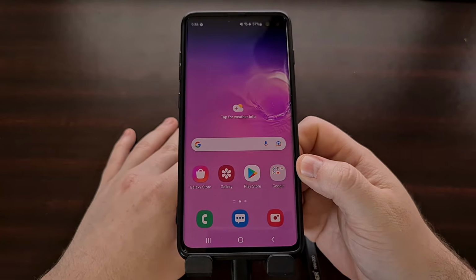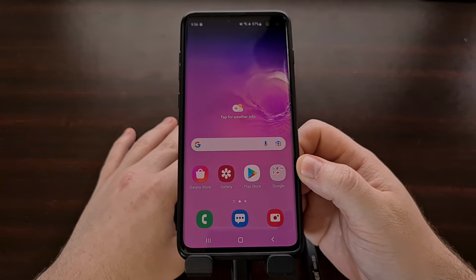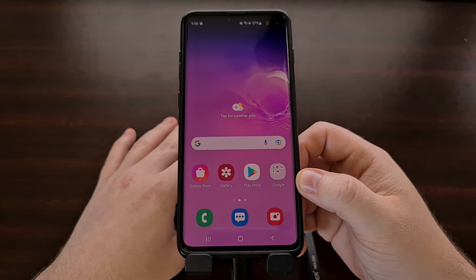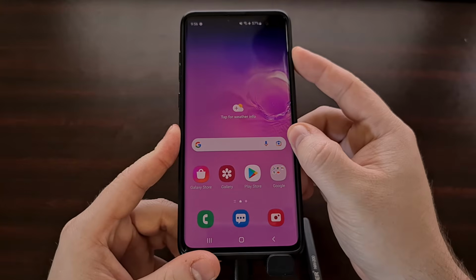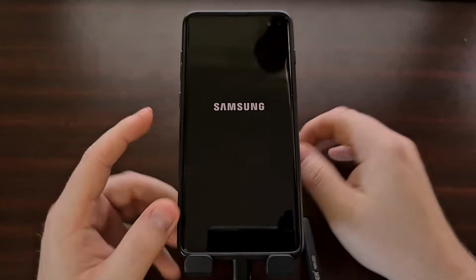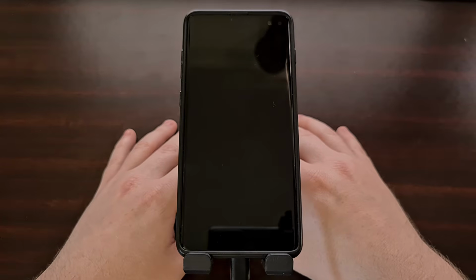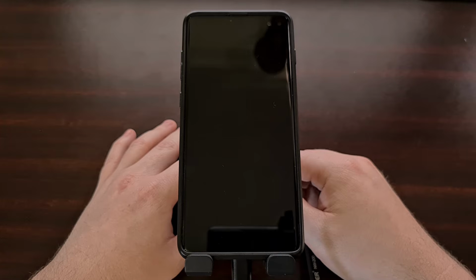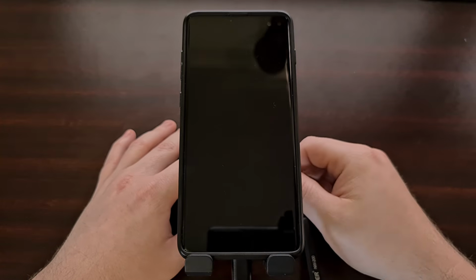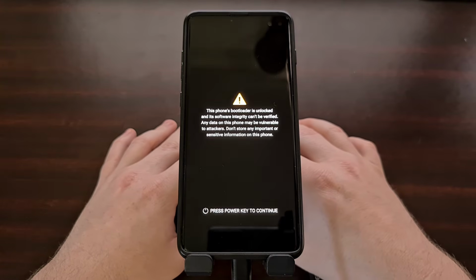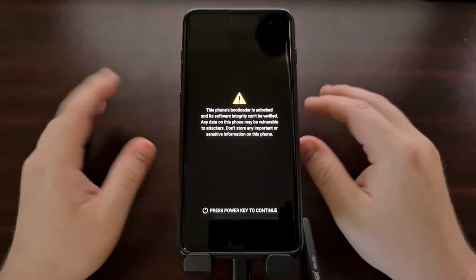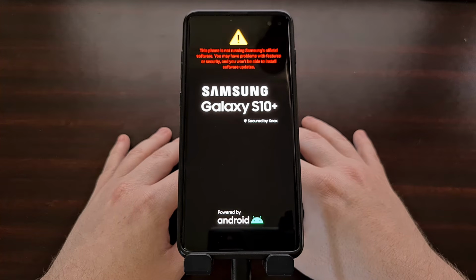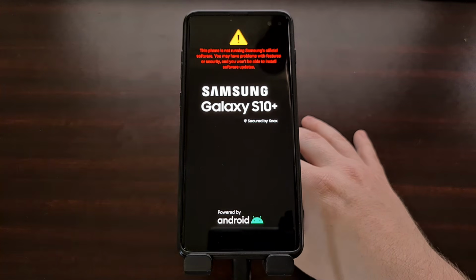Now the thing about the Galaxy S10 is that we have to load Magisk each time on boot if we want to retain root access. So, for example, if I were to just do a regular restart, this is the same if we shut down the phone and power it off and then turn it back on. By regular restart, I just mean not holding down any buttons, not loading Magisk on boot. If we just do a regular reboot,